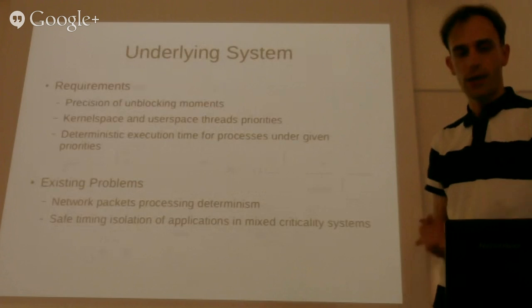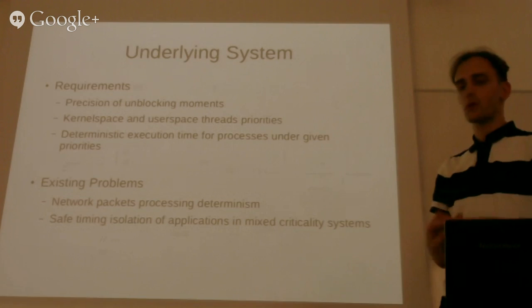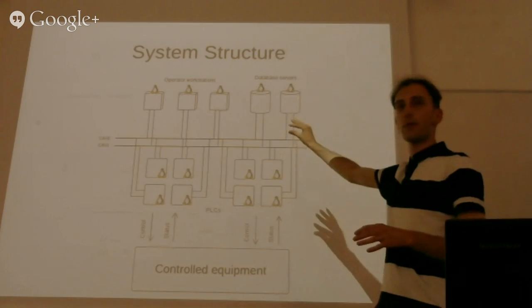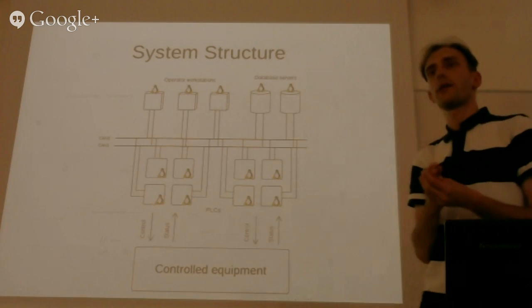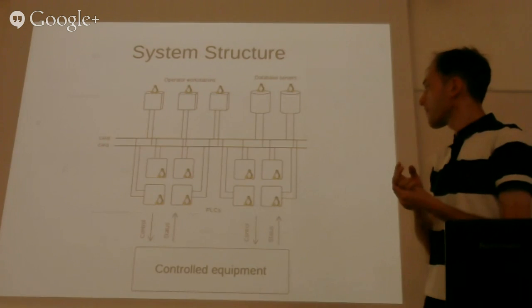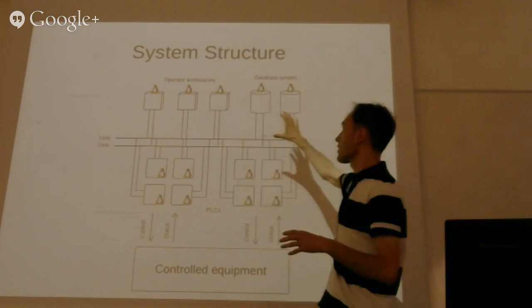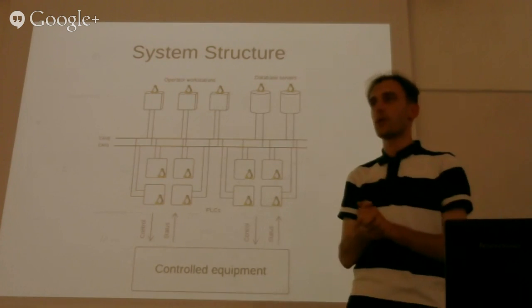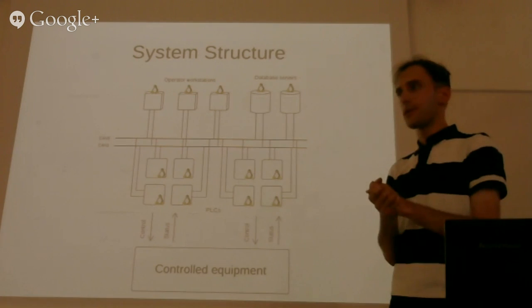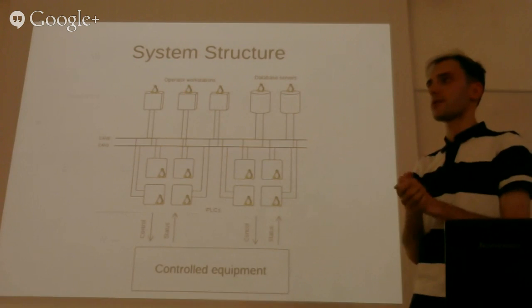The problem that we have is the processing of network packets. Our system, I didn't talk about this, is connected with CAN buses, like in the automotive domain. But some information exchange between the PLCs and operational workstations, database service information exchange, is performed by Ethernet. And the predictability of network packet processing is not satisfying us.